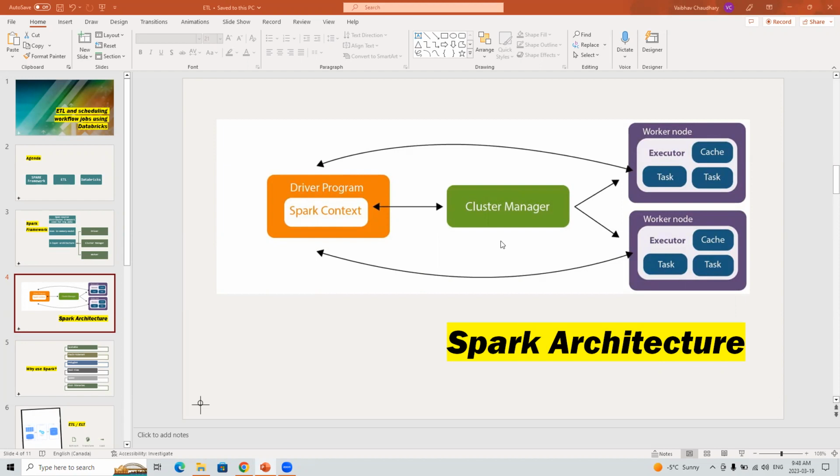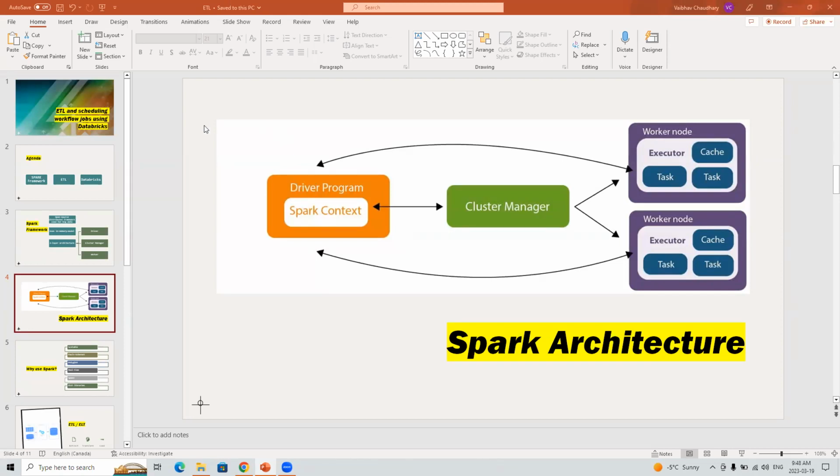And to answer your question, Divya, the connection between driver and worker node, the information that is exchanged: after everything is done, the transformations are done, the read and write are done, the worker node has to give some output, right? So we have to get that output from the worker to the driver so that the driver can then submit it to the user.